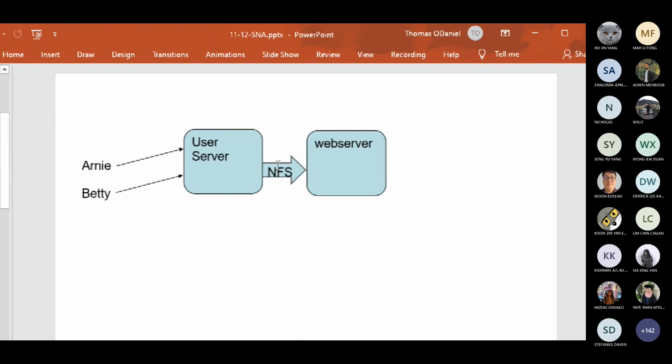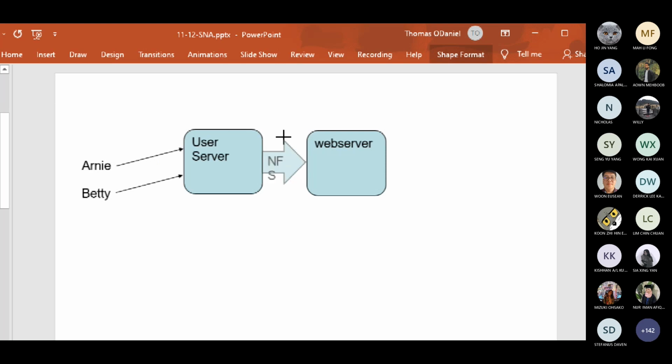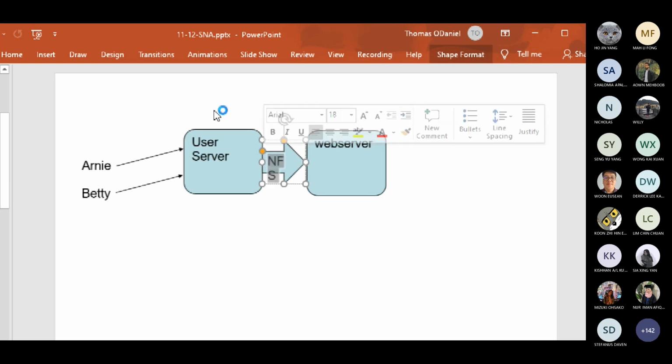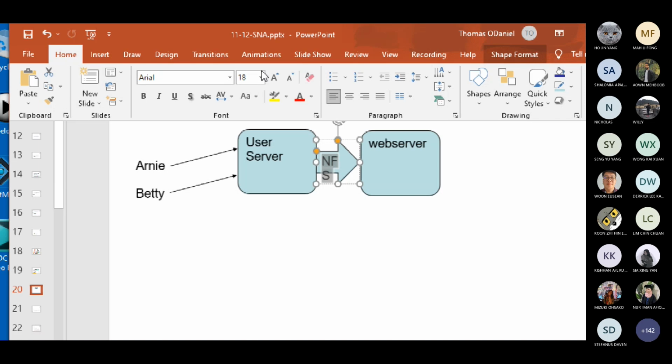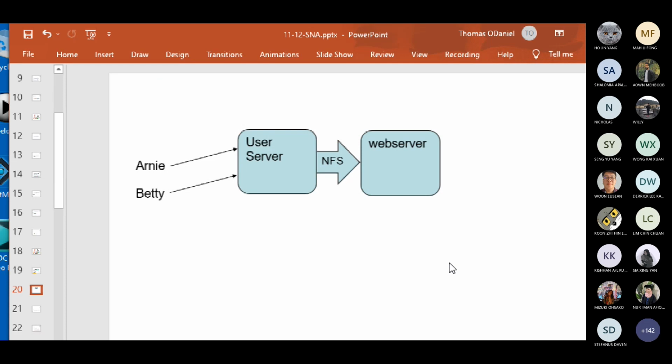And then we use something called NFS, the network file system. So that the files that Arnie and Betty put on the user server, it makes it look like they get transferred, but actually they're just shared. They always live here, but across the network, the web server can see those files,